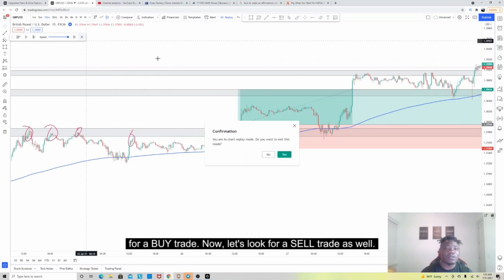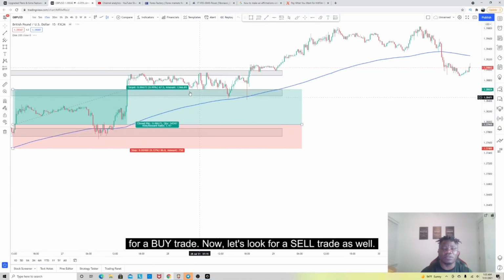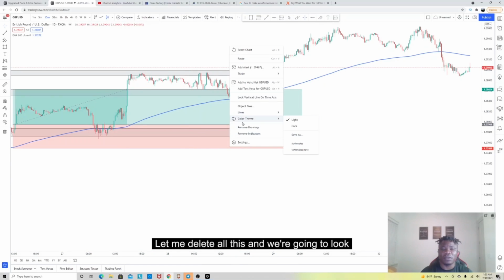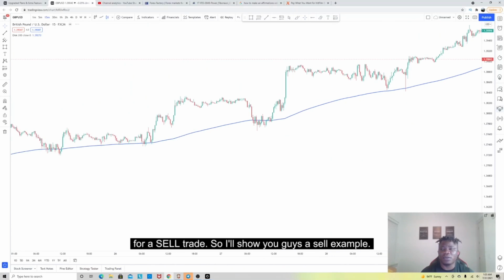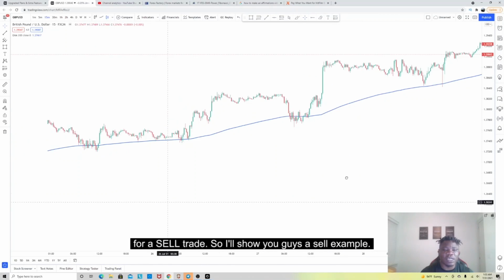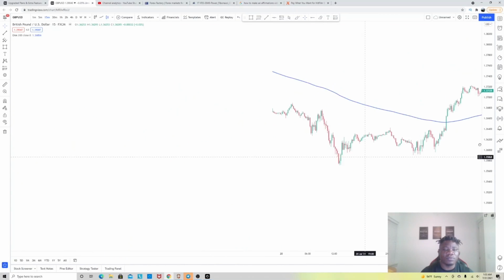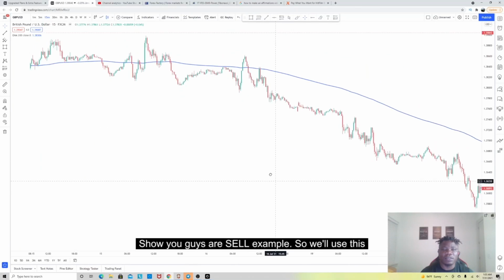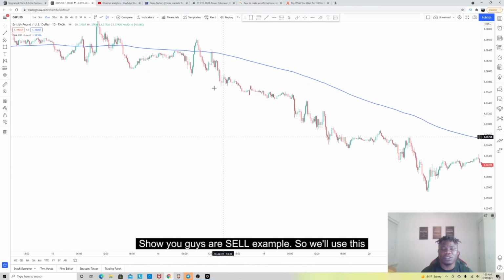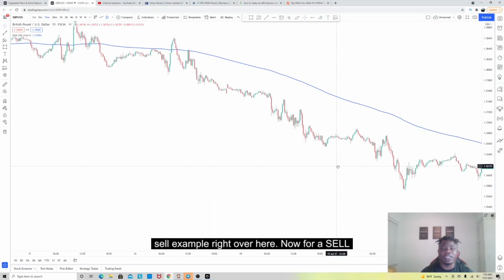Now let's look for a sell trade as well. Let me delete all this, and we're going to look for a sell trade. I'll show you guys a sell example. So we'll use this sell example right over here. Now for a sell